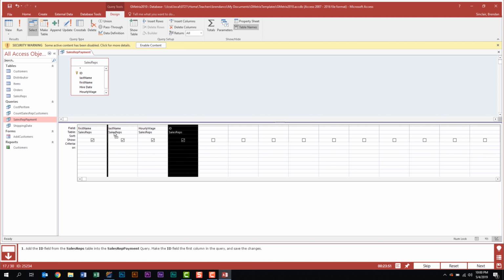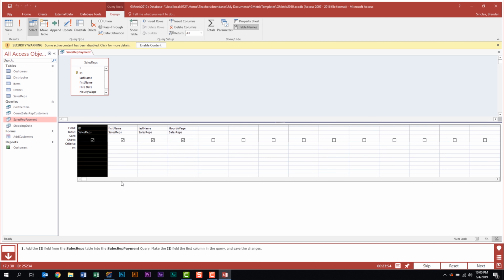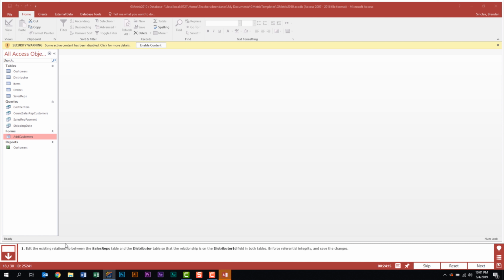and then I can click and drag that over. And now that's the first field. It tells us to save it. We'll click Next. Task 18 wants us to edit the existing relationship between the sales reps table and the distributor table